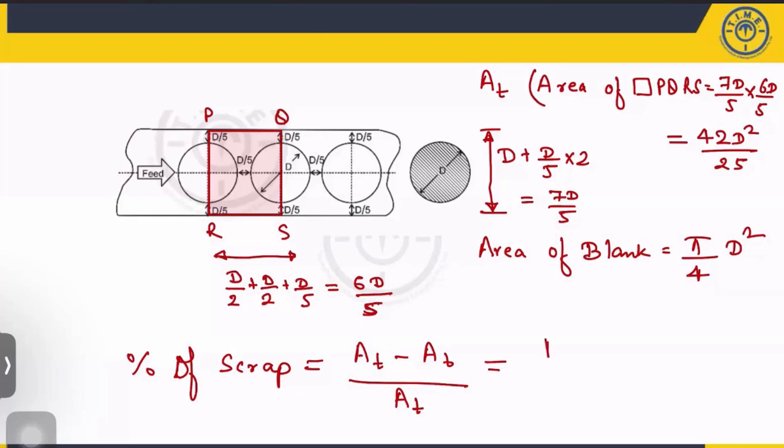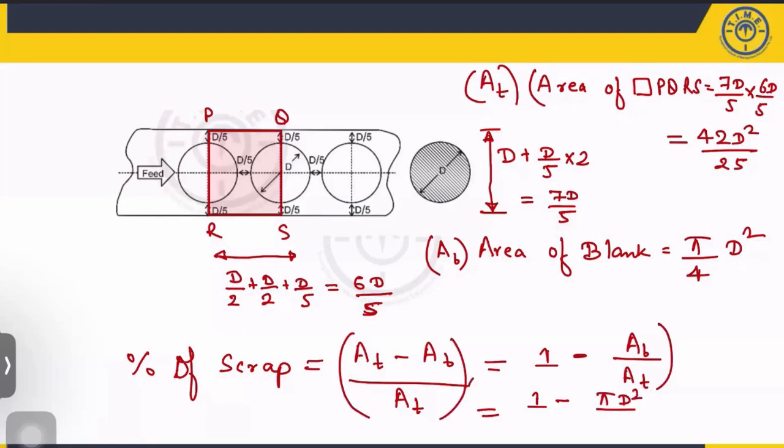What is the total area here? Okay, I will divide by total area. This will become 1 minus the blank area by the total area. This is the blank area. So 1 minus this value, where the blank area is pi d square by 4. Since you want to calculate the percentage, it should be multiplied with 100. So pi d square by 4 divided by 42d square by 25. So if you calculate this value,